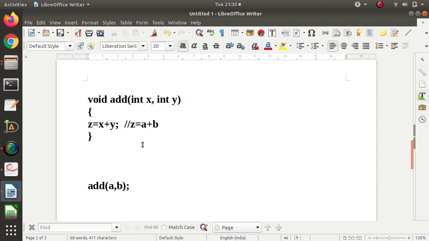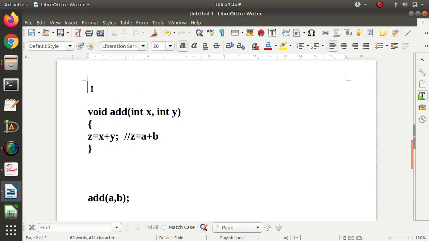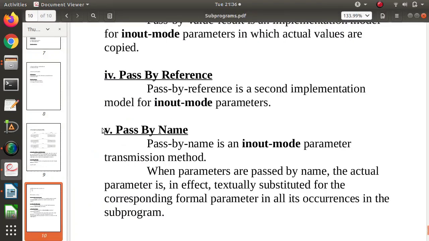It was like macros in C and C++. So these names get substituted for the formal parameters. So it's supported by languages like Algol. Algol supports pass by name, where these names are passed to these variables, and these formal parameters are substituted by these actual parameters' names. That is called as pass by name.